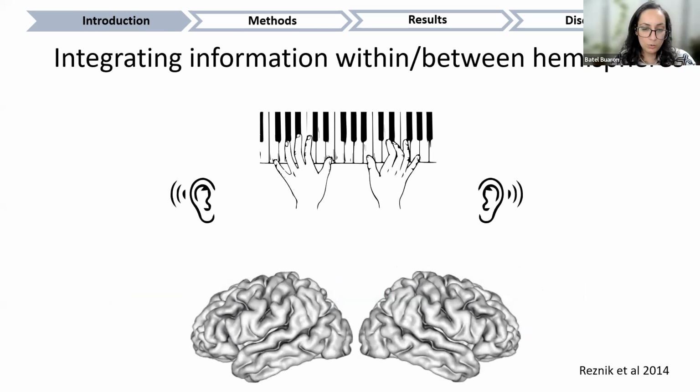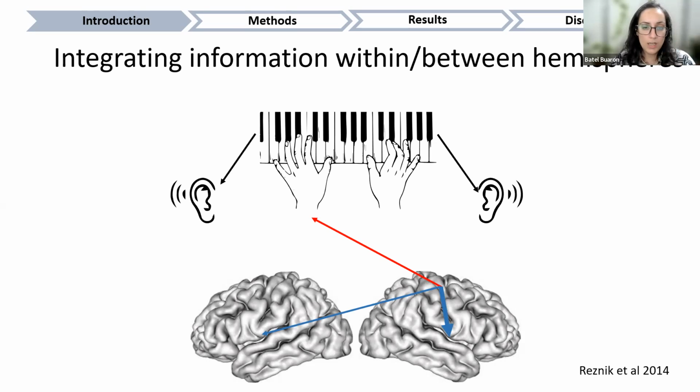So if we try to conceptualize this effect, if I want to play the piano using my left hand, my motor cortex will have to send a motor signal to the left hand so it will move. And if I expect a binaural feedback, my motor cortex will also send different signals to auditory cortex right and left. And this signal will be stronger within hemisphere relative to signals between hemispheres.